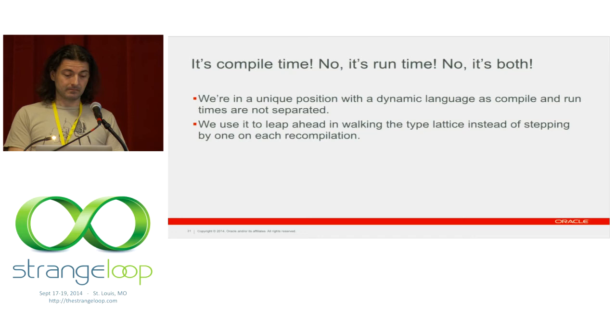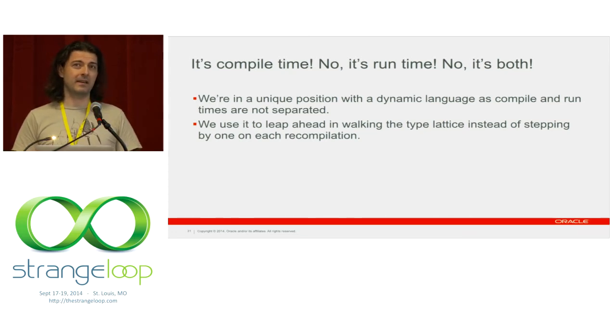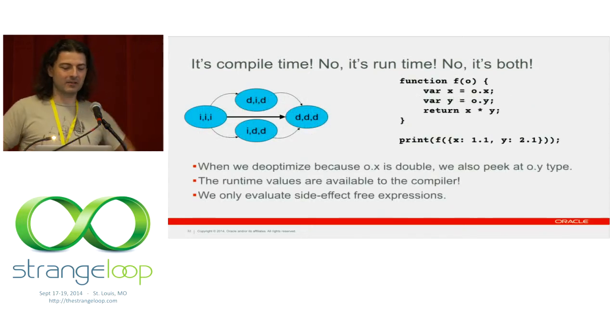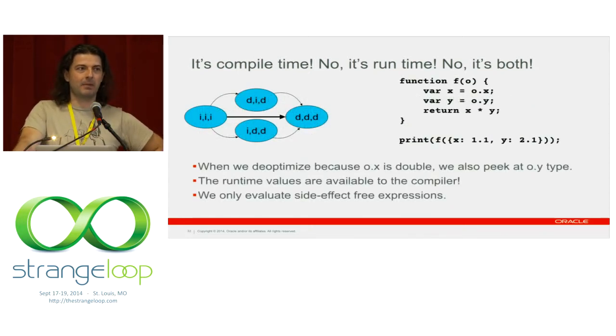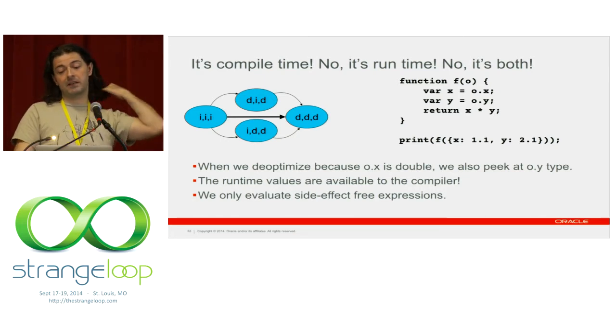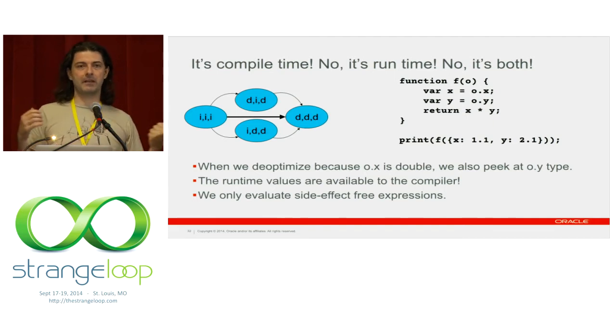And what we can do here is that one of the realizations was that, hey, it's a dynamic language. You jump into a compiler, but you're actually running. You have the values of all the variables and objects in the lexical scope, and you can use them. Yay. So what we do is that we can actually skip several of these steps in the compile, in the type lattice. For instance, if I invoke a function that takes an object and I retrieve 2 properties from it,